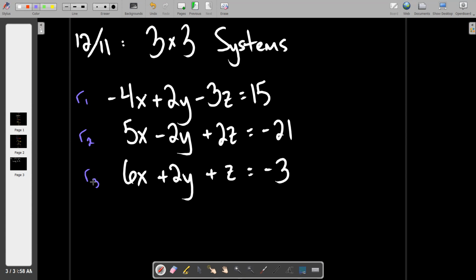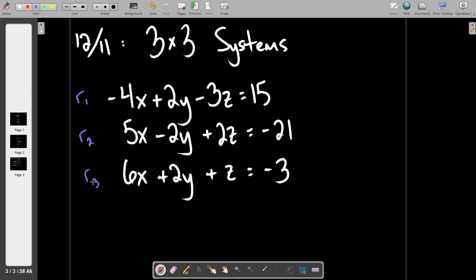Anything stand out about this? Good for you guys. Good math instincts there. The Y's should be very attractive to you. You should be very attracted to them right away. And knowing what you know from Thursday's assignment, you know that to eliminate things, you want them to be opposites of each other. And that Y column is essentially the equivalent of a 2x2 fluffer puffer,